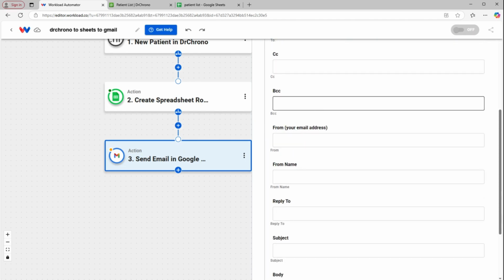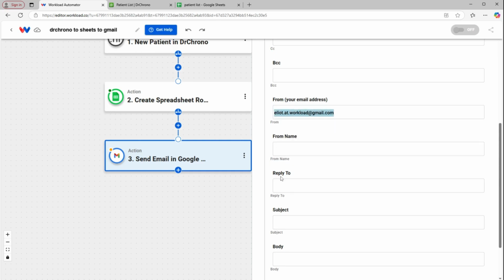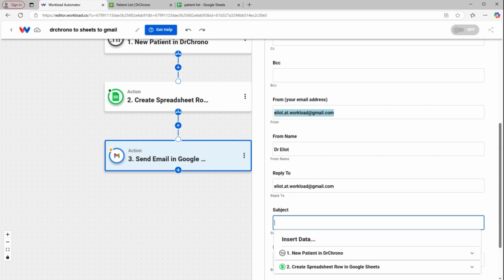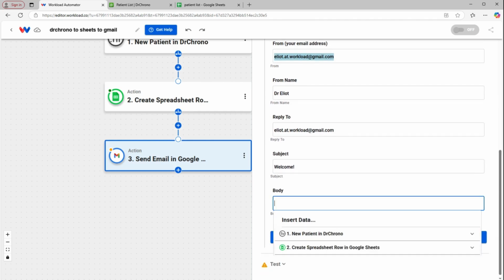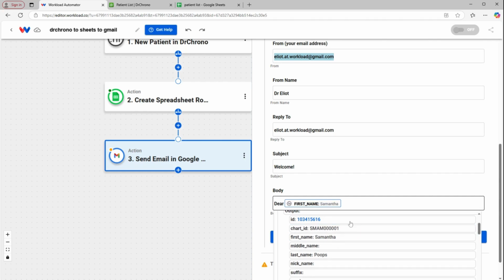We don't need to make any carbon copies. The from email address is going to be me, and I'm going to use that same email address as the reply-to email address. From, I'm Dr. Elliot in this case. The subject is going to be Welcome. And the body can say, Dear, and then we'll put in her name, Samantha Poops,